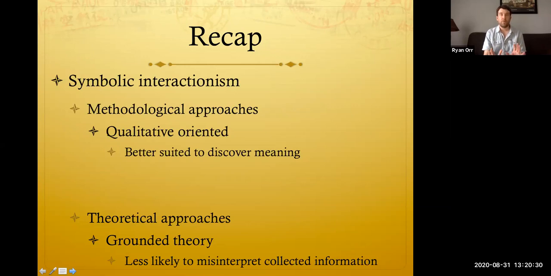The qualitative approach that we see within symbolic interactionism is felt to be best suited to find true meaning. So rather than having to guess what somebody means, you tell them to explain their thoughts. You tell them to tell you what they really mean when they're saying something, and that's best captured through qualitative